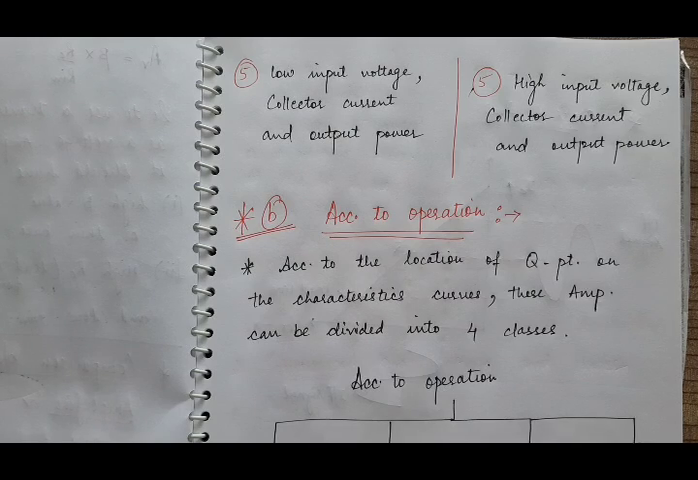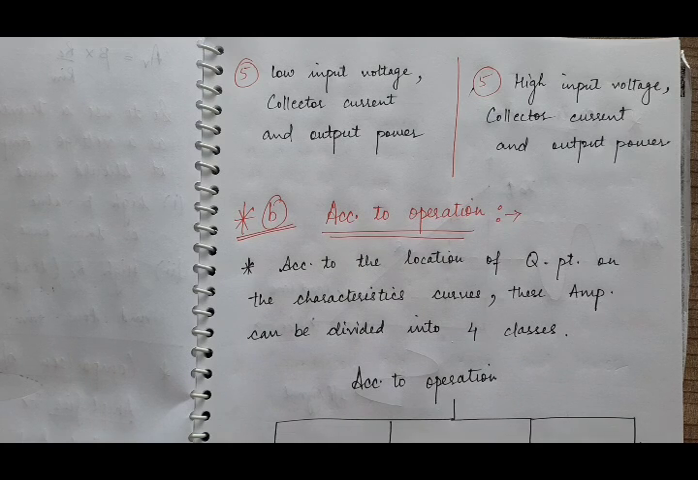And in case of voltage amplifier, the transistor should have low input voltage, low value of output current and output power. And in case of power amplifier, the transistor should have high input voltage, high value of collector current, that is output current, and high value of output power. So this was all about the classification of transistor amplifier according to their use. Now we'll discuss the next